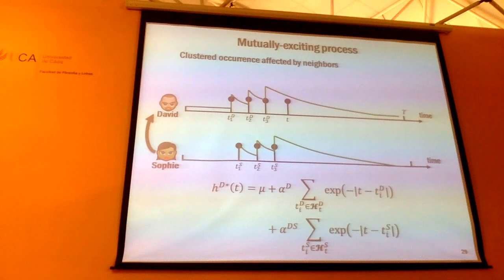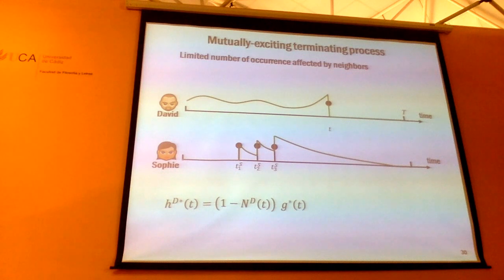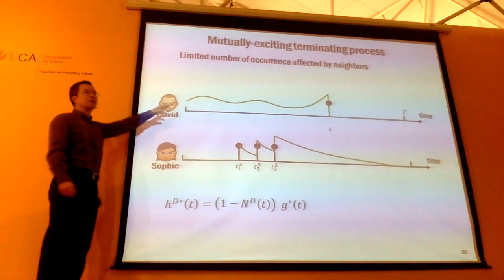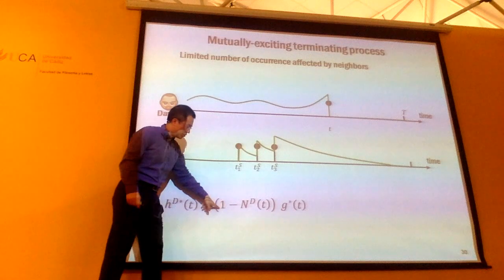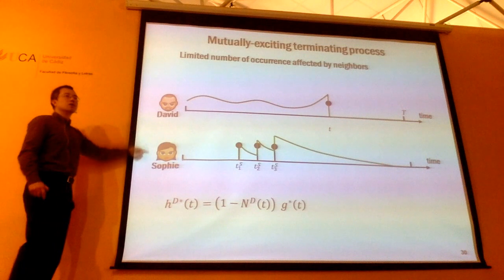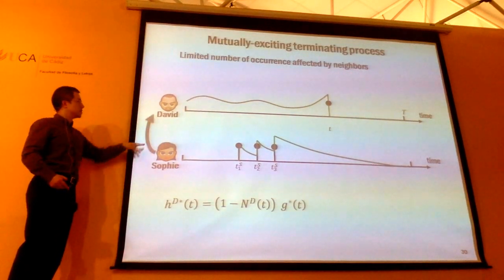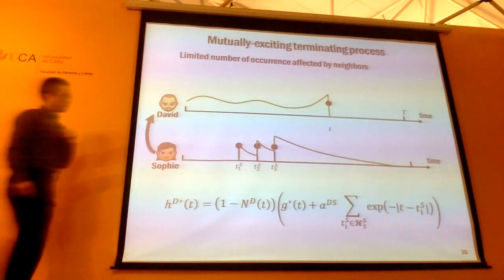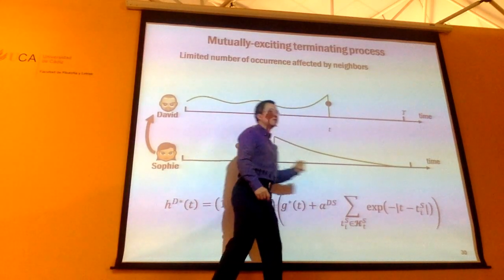You can also combine the Hawkes process with other processes. For instance, you can have Davy, who has a terminating point process. You only allow Davy to generate one event. He can only purchase that product once. So you just have this history-dependent term and some inhomogeneous Poisson process term. And then now you can make Sophie influence Davy. Sophie may talk about this product being very good every day, and she is going to influence Davy. So you superimpose two terms together. You add this inhomogeneous Poisson process with this Hawkes process and history from Sophie.